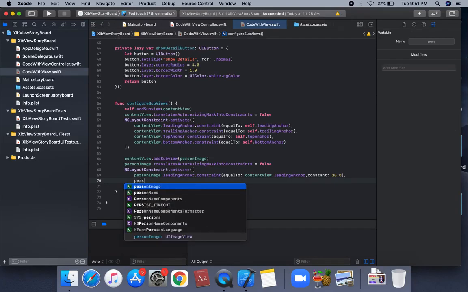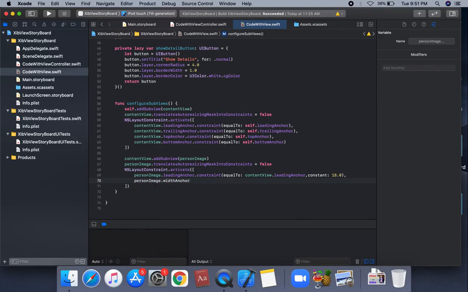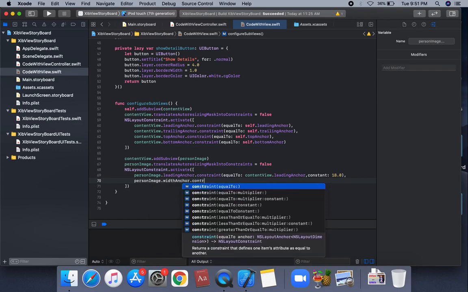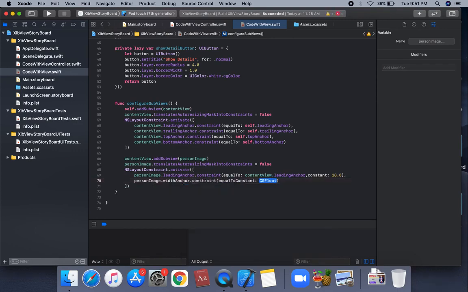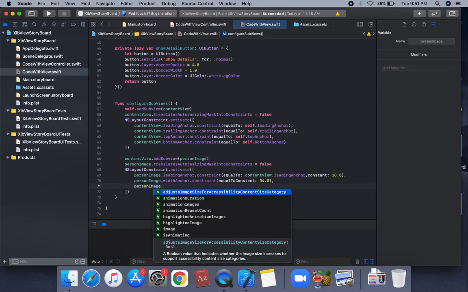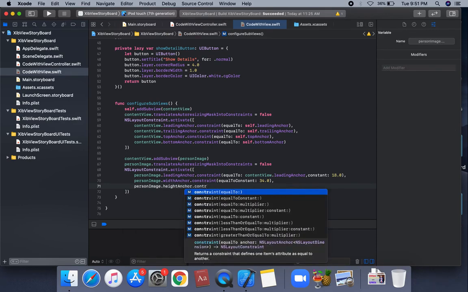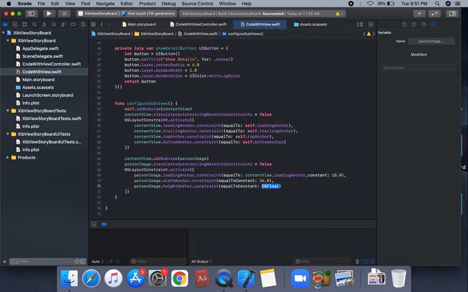So personImage.widthAnchor.constraint(equalToConstant: 34.0), we're going to apply this constant 34.0, and personImage.heightAnchor.constraint(equalToConstant: 30.0), we're going to apply the constant. This is the height and width.